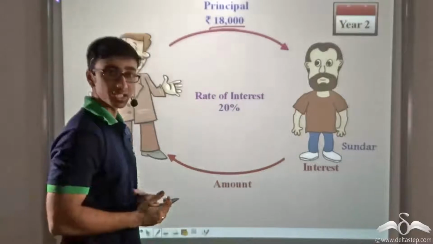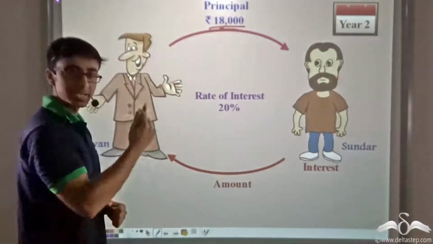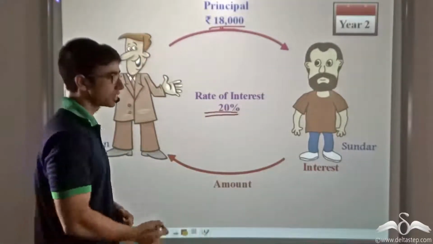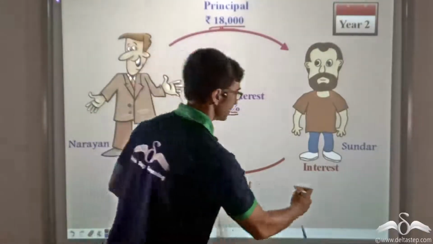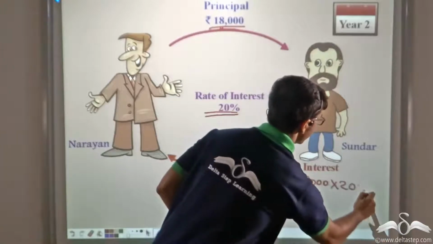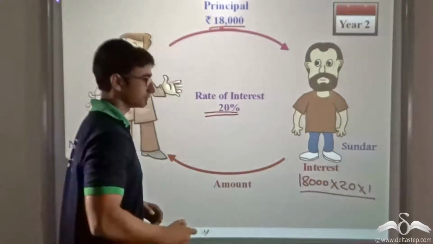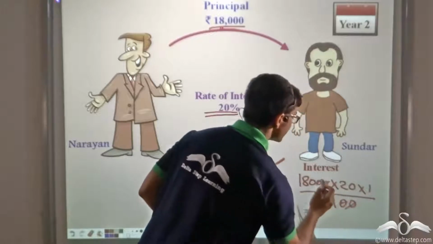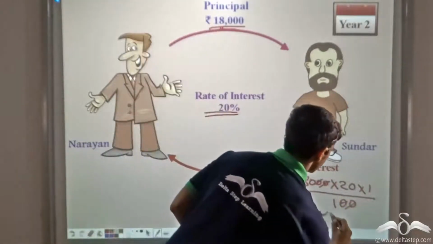So for the second year, he is again borrowing a sum of money equal to 18,000 at 20% rate of interest. So in this case, we calculate PRT by 100. If I put the values, P is 18,000, R is 20%, and T is 1. This is for the second year, divided by 100. So cancelling the zeros, I get 180 into 20. That is nothing but rupees